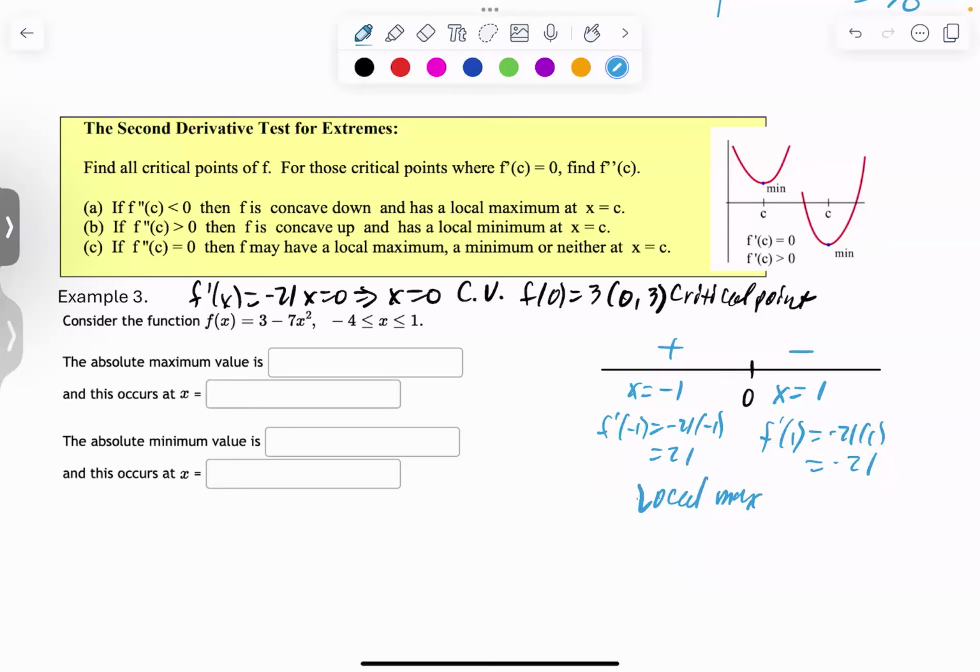Now, here's the problem. We don't know what happens at the extremes. So if we do f of 0 into the original function, we get 3. So we have the point (0, 3). Now, if I plug in the endpoints at x equals negative 4, then f of negative 4